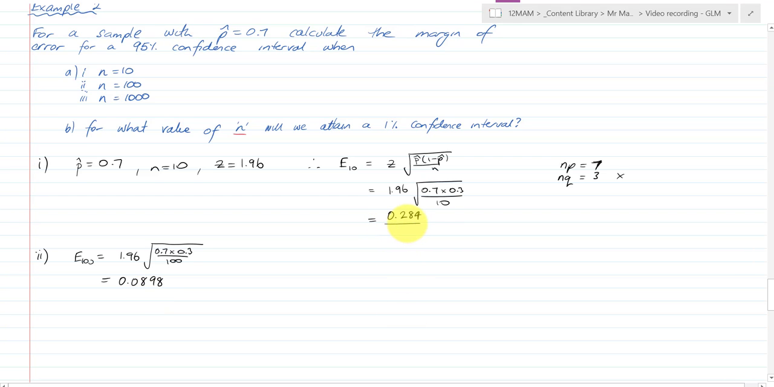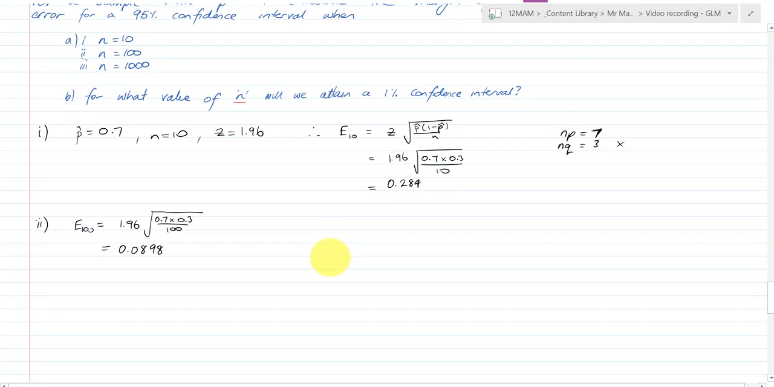It may be 3 times better. And we've increased the sample a fair bit though to get that 3 times better. But our 95% confidence interval has shrunk, and that's really important in many industries. E1000, if you can take a sample of 1,000, is 1.96 times the square root of 0.7 times 0.3 over 1,000,